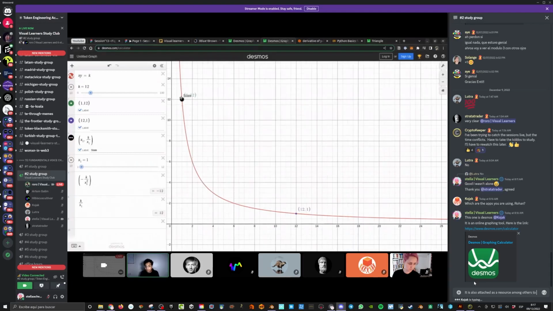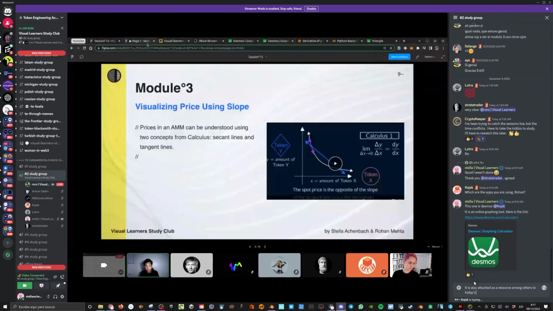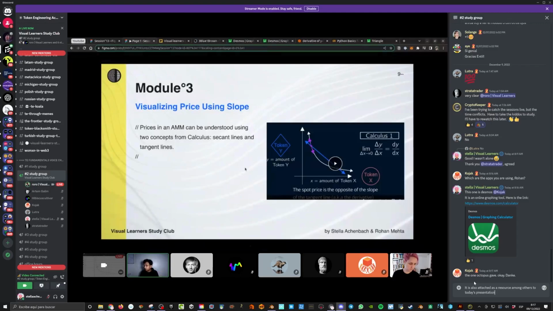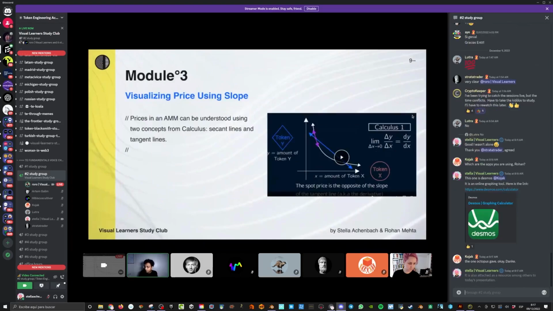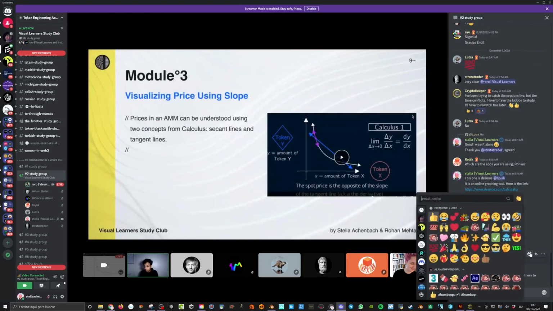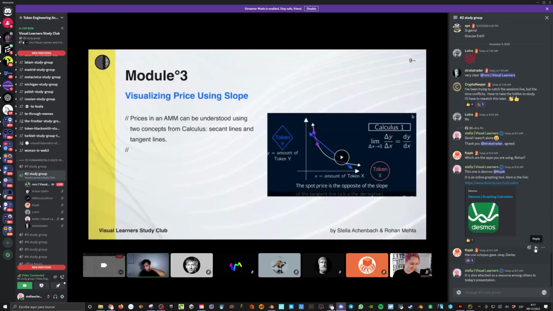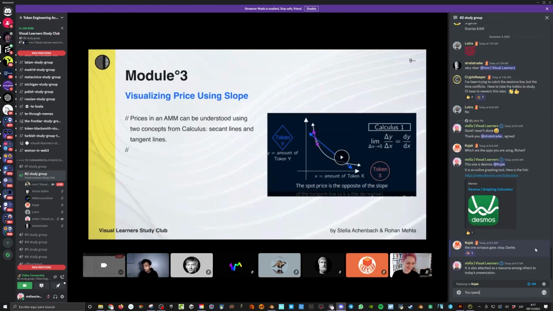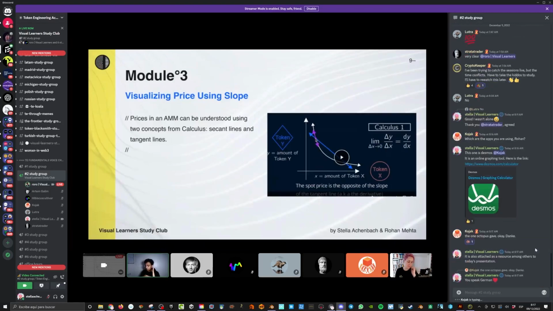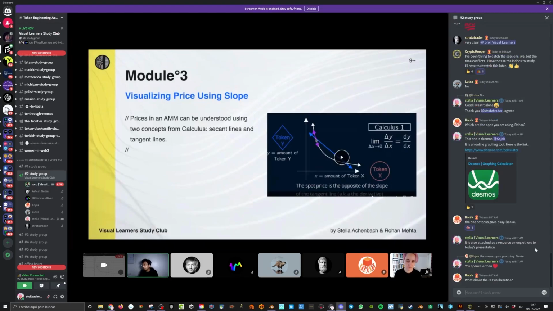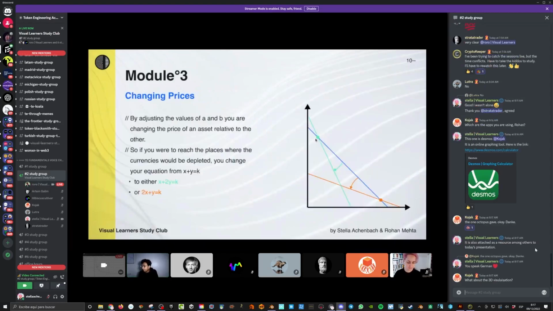Now it's a question as to why this happens. Let's go through the slides, and I think I'll get to the interaction part later. But that's what we need to answer through all of these things that we're learning in math. But again, what you need to remember right now is the slope at every point is the spot price that we have, simply because the graph that we are graphing is y by x, and y is token y, x is token x. So change in token y per token x is the price.